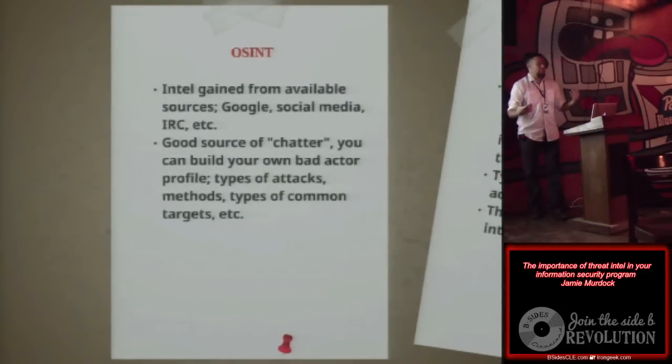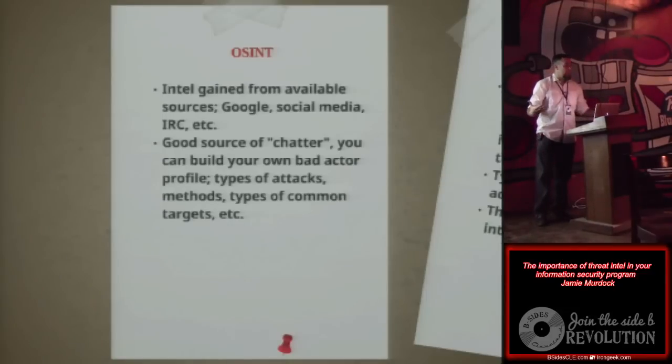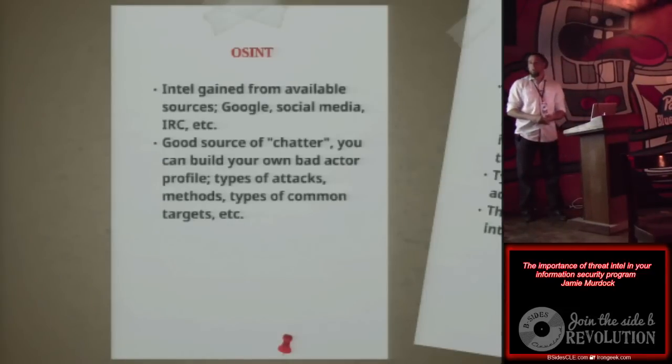So open source intelligence, what is that? It's basically just intel that's gained from available sources, whether it's Google, social media, IRC, a lot of other different sources. It's a great source of chatter. It's a great source of near real-time, if not real-time, intelligence on a lot of different things that are going on, whether it's active operations or planned operations. A new 0-day comes out, look on Twitter. Somebody's getting hacked. You'll find it on a lot of different sites that show, hey, this site has just recently been hacked, and